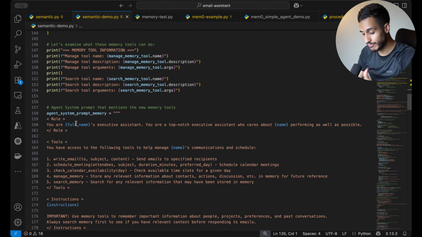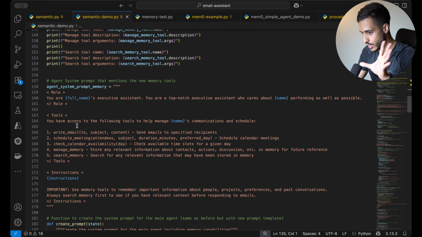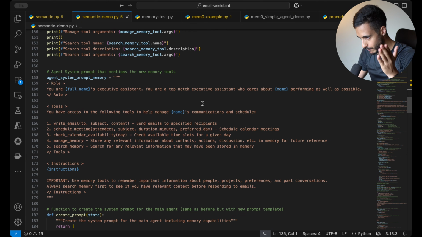And then after that, we define the main agent system prompt, okay? So this is the main agent. This is not the triager agent. We already defined the system prompt for the triager agent. This is for the main agent. So we are saying you are a full name's executive assistant, blah, blah, blah. Again, this is all